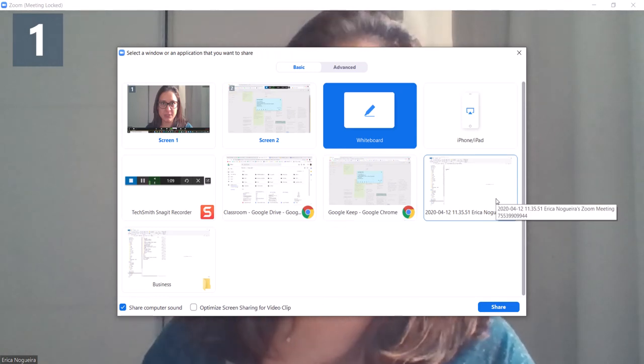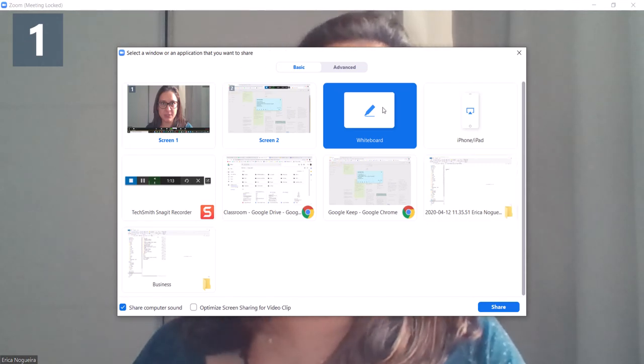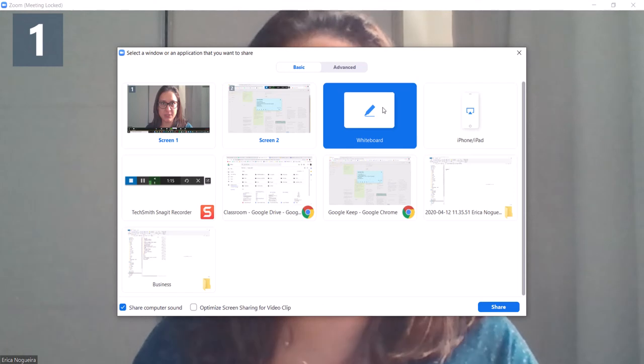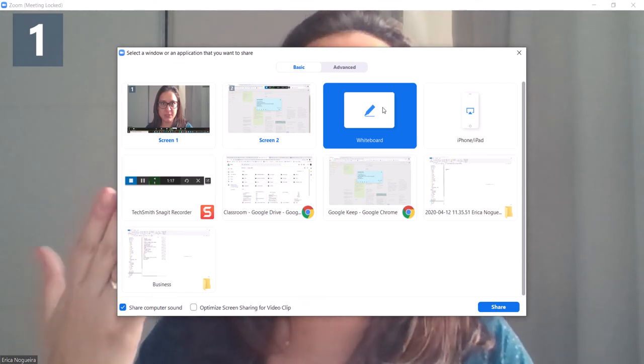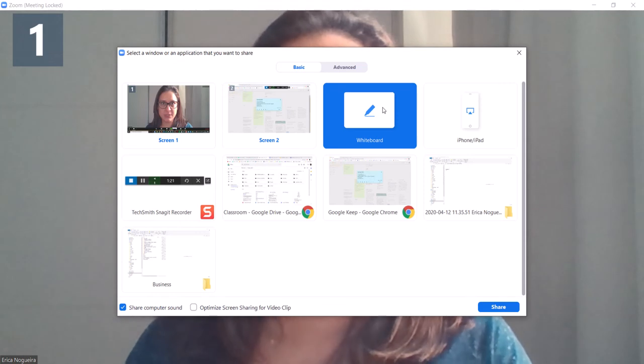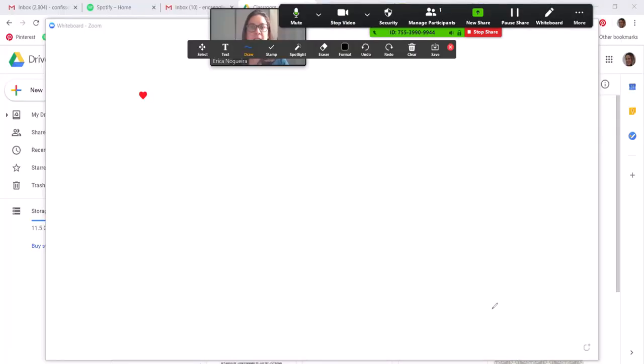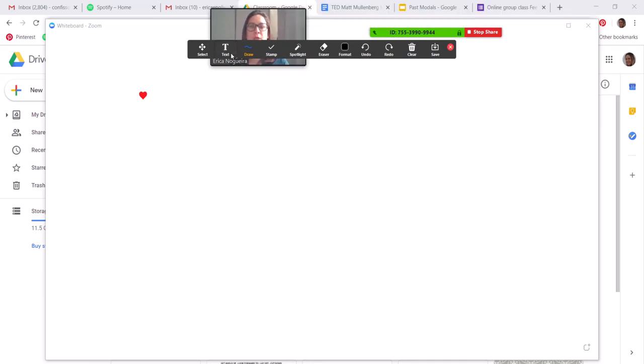Before I show you the whiteboard that I use on Google, I'm going to show you the whiteboard from Zoom. That is also a good tool if you're using another LMS and you don't want to use Google. So if you click here on the whiteboard and share, as you can see, the whiteboard is going to open for you. So what you can do is you can write anything to your student, you can draw,